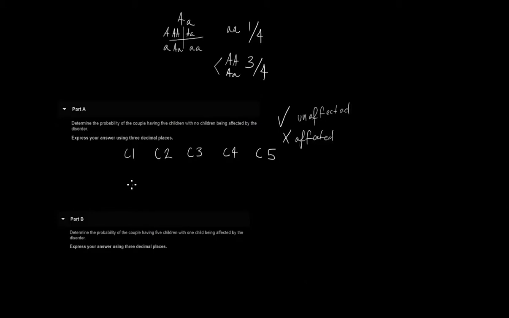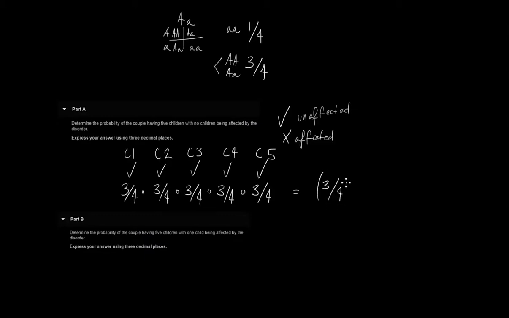So if we're having 5 children with no children affected by the disorder, they're all going to be unaffected. Now, to determine the probability, you might rush and say, oh hey, the chance is going to be 3/4. However, that is incorrect. We need to use the product rule to find the answer here. Before I go into the shortcut of the product rule, I just want to lay out the probability of each one of these independent events occurring. Next, we're going to be multiplying them. And to simplify this, we can say